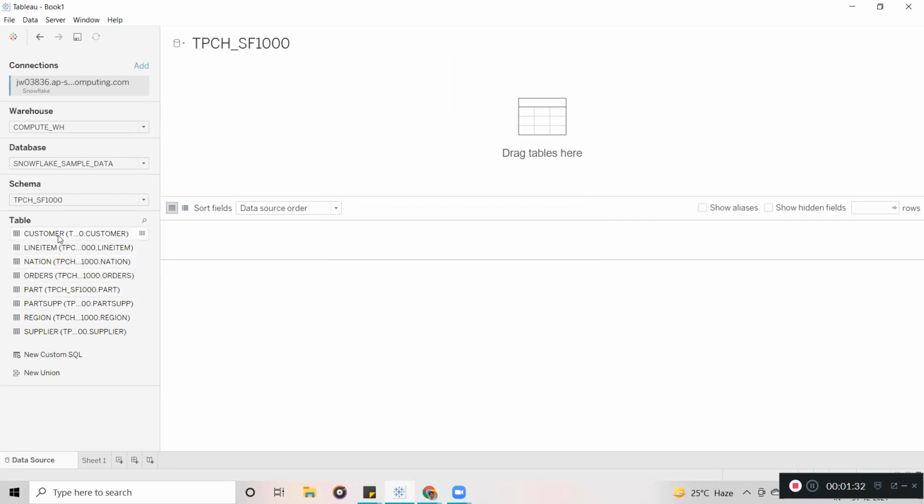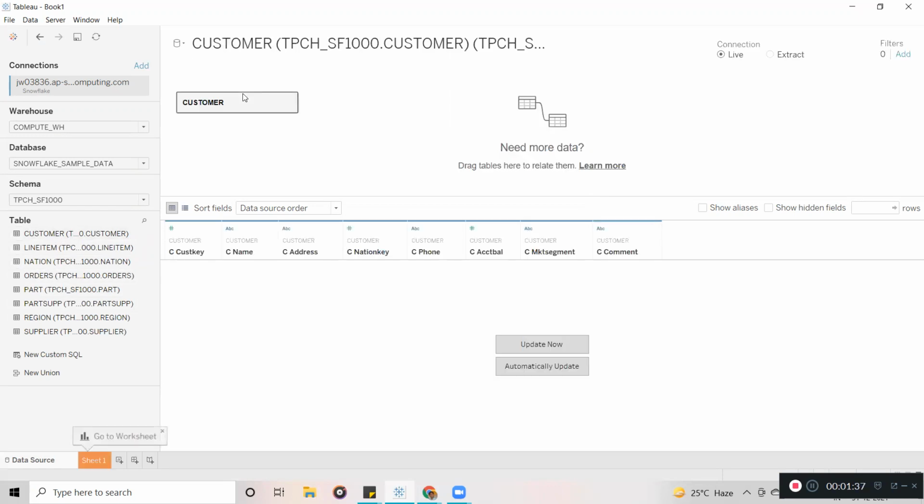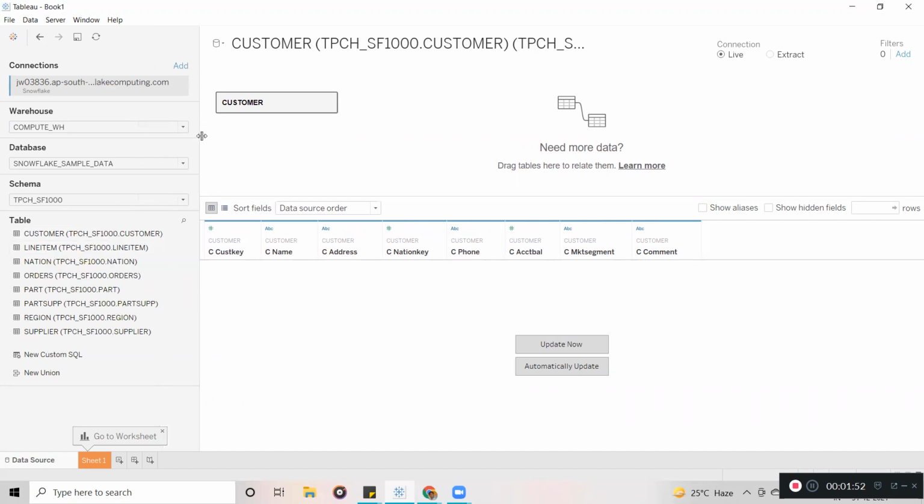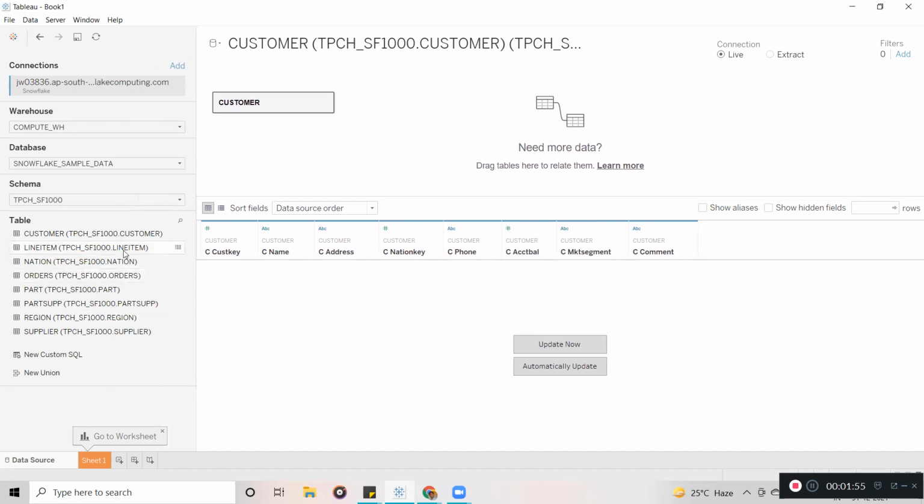Yes, in this customer table, we have 15 crores of data. I am also going to join a few more tables: customers, region, supplier, orders, and line item. These are the different tables we can join, but to join different tables, we should know the relationship between them. As of now, I am not going to take everything, so I am just going to take orders.